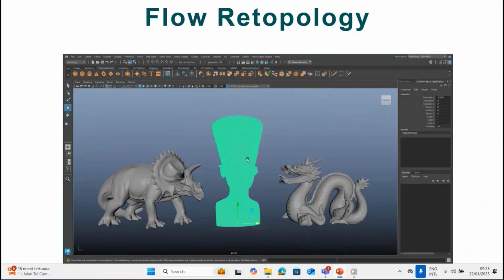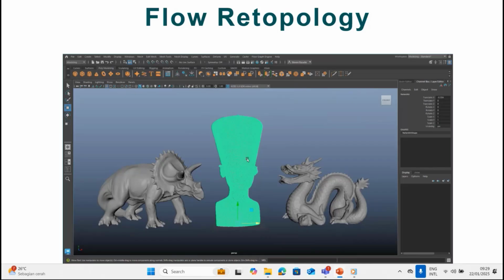Why? Because when you do the retopology, you can feel your computer is more heavy. The retopology process consumes your RAM and your resources on your laptop or your computer.